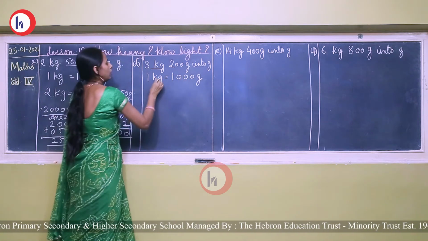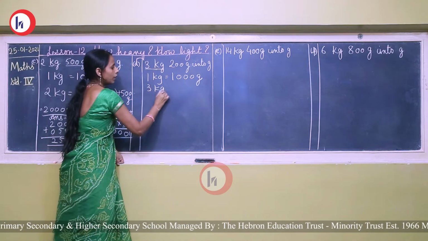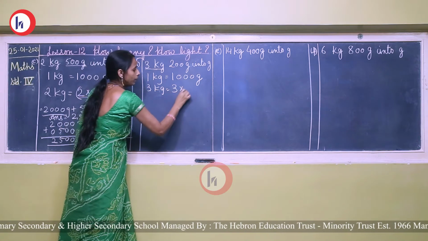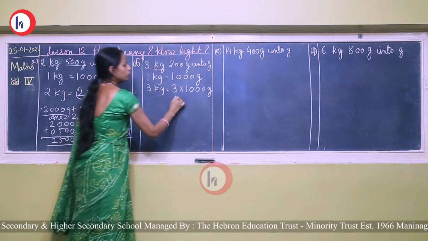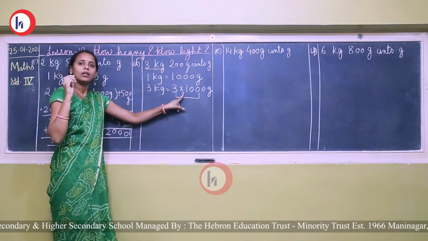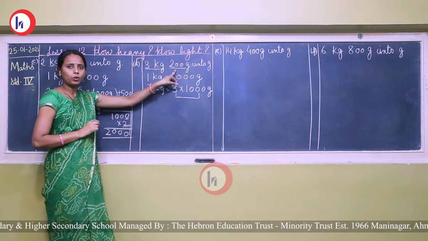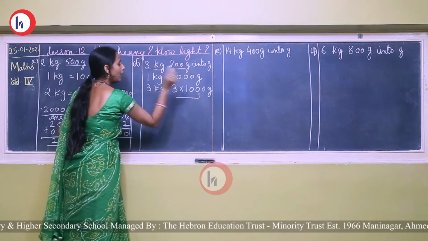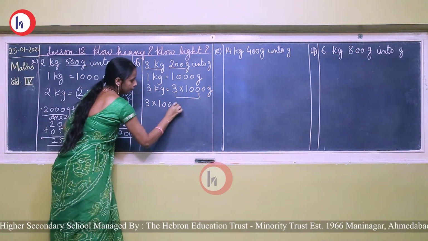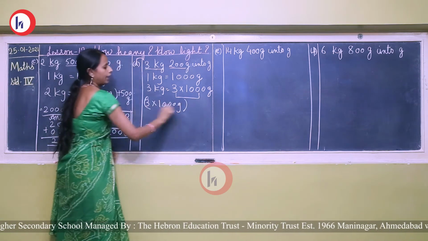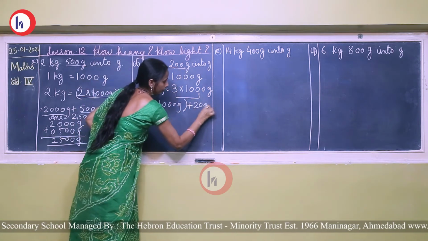Okay, then 3 kilogram, अब 3 kilogram को convert करेंगे. 3 kilogram is equal to 3 multiplied by 1000 gram. Whenever we do this, then we will get only 3000 gram. So what will we do? Of 200 gram, इसको इसके साथ में ऐड करेंगे. So 3 multiplied by 1000 gram, then plus this 200 gram will be added.